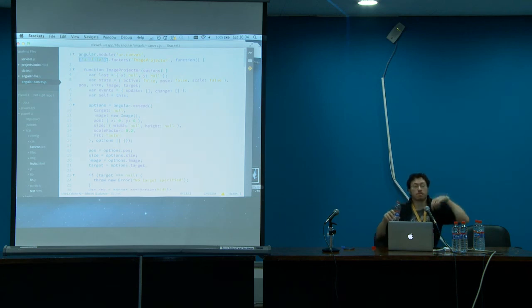Yes, in the back. Are you using the 1.x branch in all your production projects? Is there any risk to consider? I mean, I have a 1.0 project and I've always been scared about moving. So the question was about upgrading versions of AngularJS from 1.0 to 1.1 to 1.2.